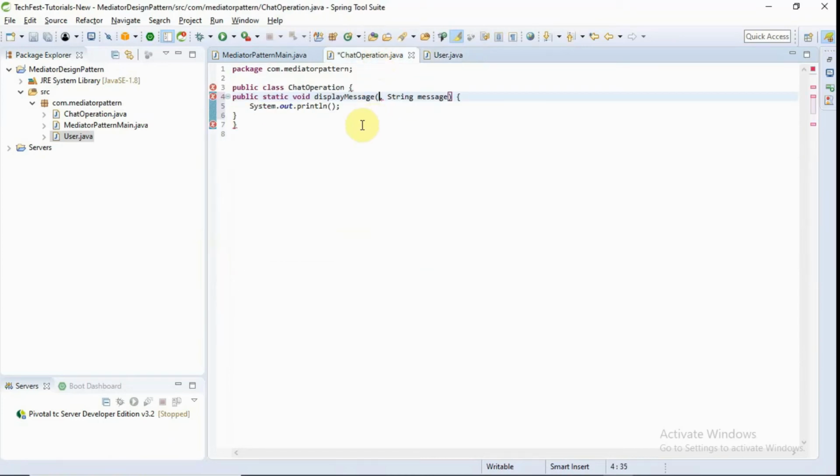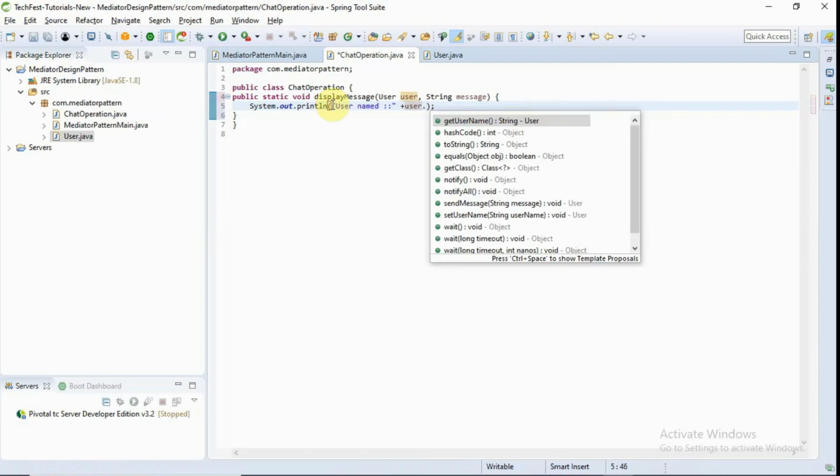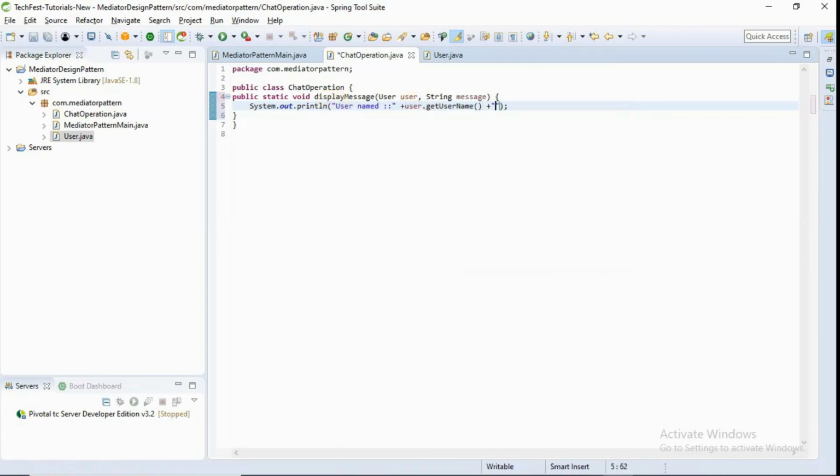Firstly, here we define the user, and for that user I am going to create a message like "user named user.username sending message".